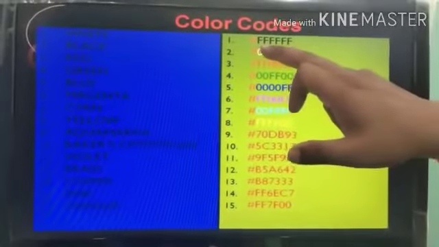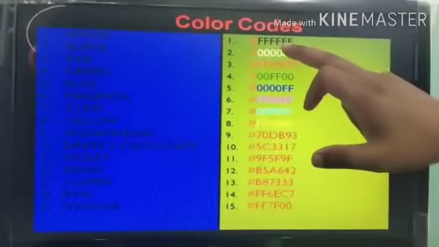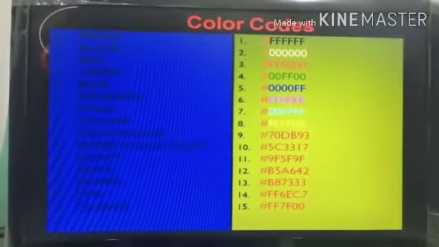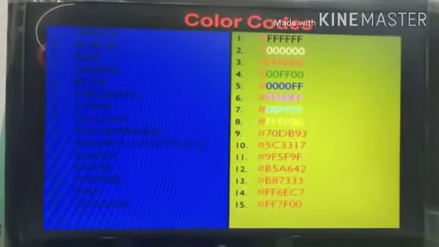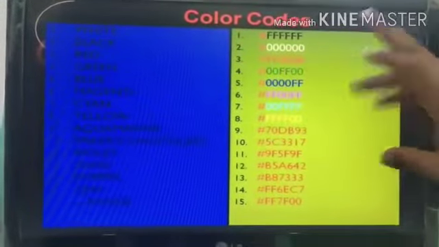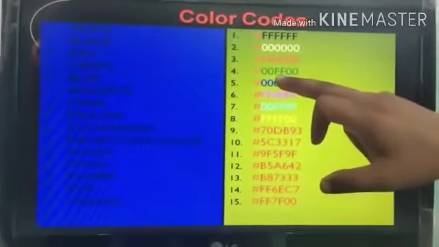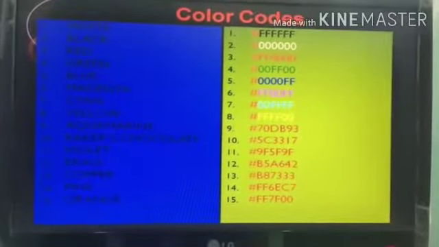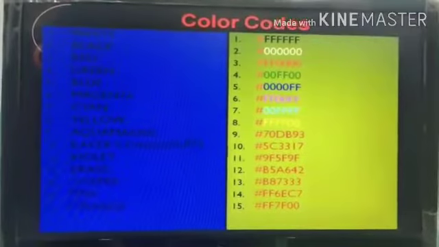Here the first 2 digits represent the red color, the next 2 digits represent the green color, and the last 2 digits represent the blue color: red, green, and blue. This is the combination. Whenever you want to put a red background, you can see the first 2 values you have to give, and the next 4 values will be 0. Same for green, you can see the middle two values are given and all the other values are set to 0. And when you provide the blue background, you have to set the last two digits as a hexadecimal value and the remaining values are 0.